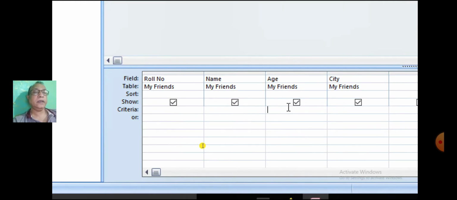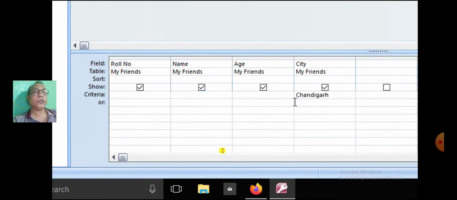Write the second query criteria, which is display students who are residing both in Chandigarh as well as Panchkula.